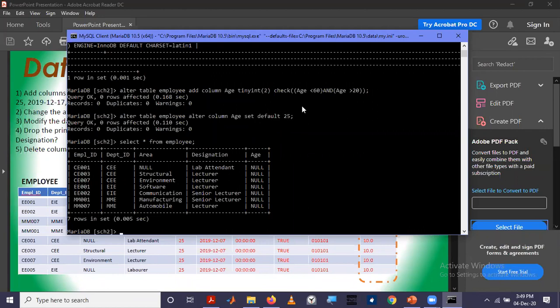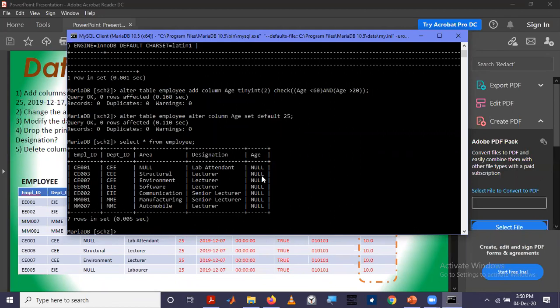Before we added, this was null. So if you add a new row, this will be coming with the default value, right? So I'll demonstrate that one.